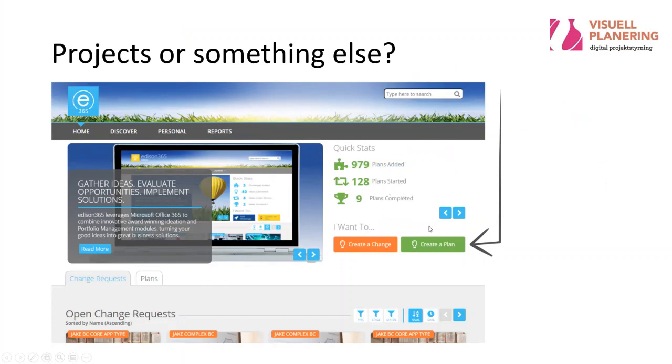possible. So from the screenshot, we can reconfigure the environment to call the items here plans instead of projects. So it says create a plan there, and then we can group them as change requests or plans or projects. So that's also a new feature from this August release that we think customers will like. We know from our heritage of Microsoft Project Online or Project Server implementations that this used to be something that some organizations actually wanted to have. They called the things in the system plans, and some of them were projects, some of them were change requests, some of them were maintenance tasks or things like that. Okay, now